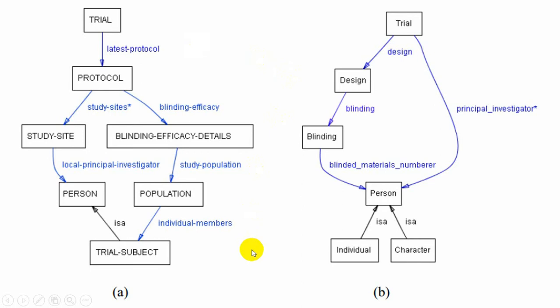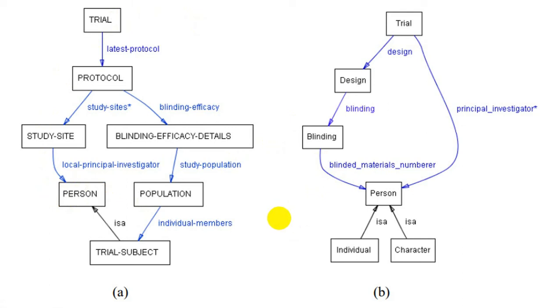So, in this example, we will consider the following two pairs of answers for the two ontologies O1 and O2: trial and person. Using these two pairs as inputs, the algorithm must determine pairs of other related terms in the two ontologies. It generates a set of all paths between trial and person in both ontologies, and it considers only the paths that are shorter or equal to a predefined parameter length.